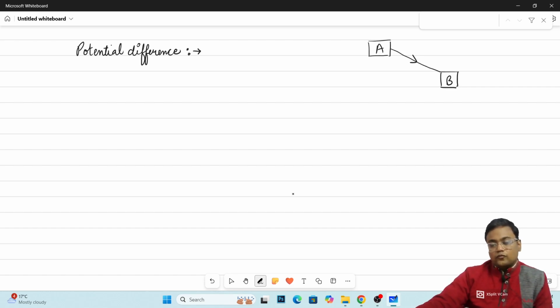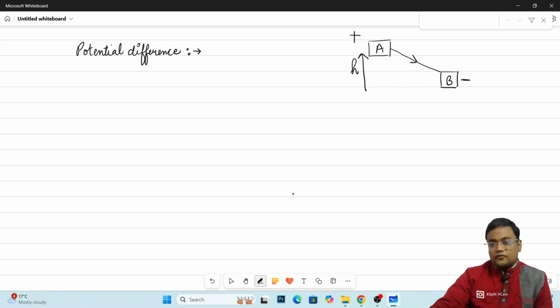That is, water flows from higher potential. Why higher potential? Because it has height. The water in tank A has height more than the water in tank B. Therefore, water in tank A will be said to have a higher potential than the water in tank B. So as water has flown from higher potential to lower potential, right, just by a difference in their heights, similarly